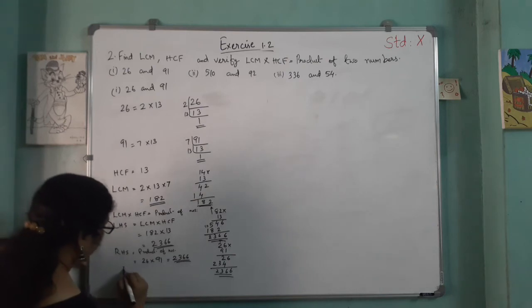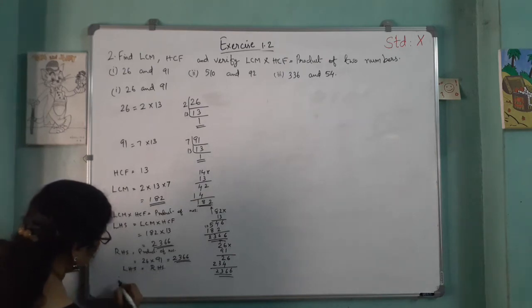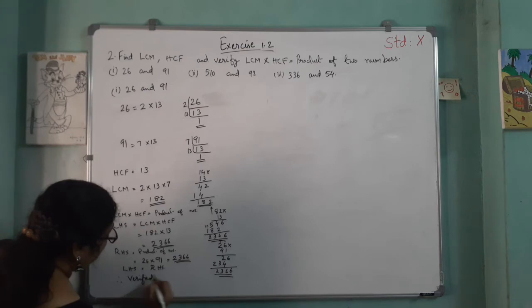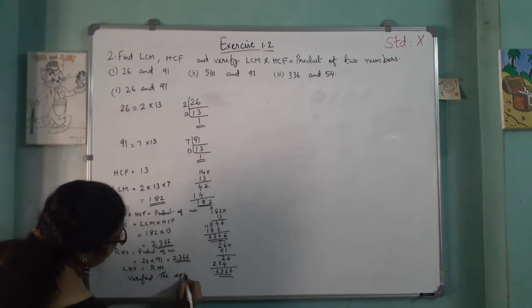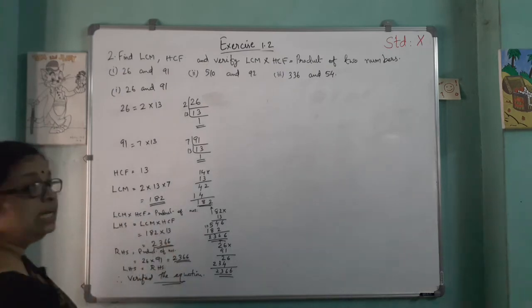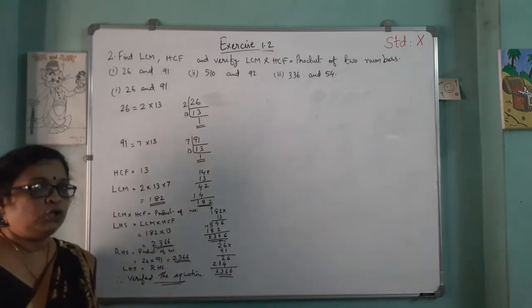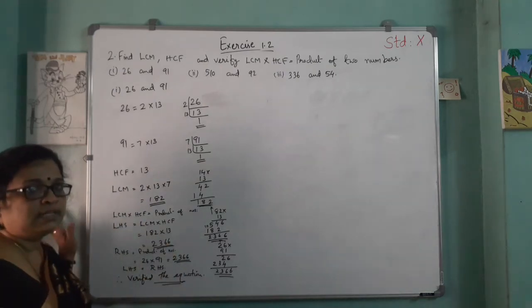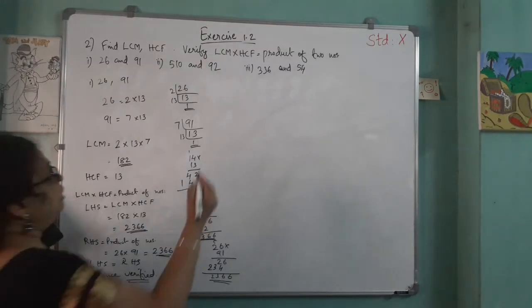So we can write LHS equal to RHS. Hence or therefore verified. Therefore verified the equation LCM into HCF is equal to product of numbers. Clear? Then the second question,